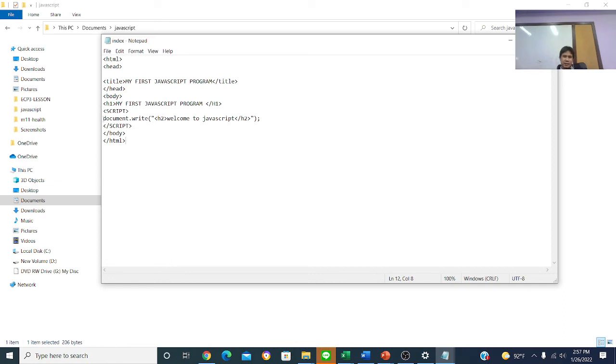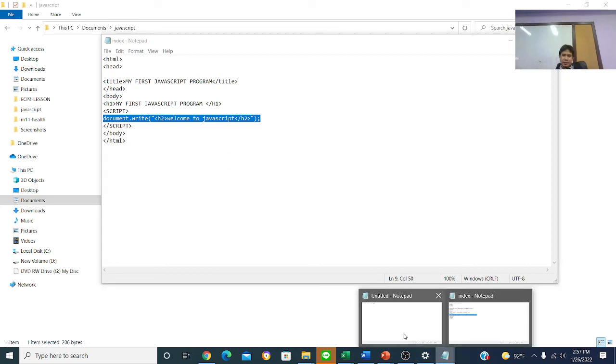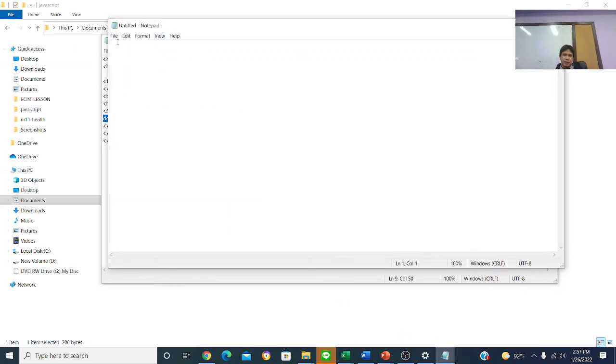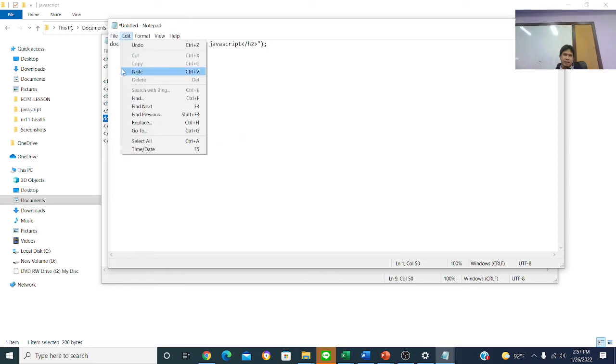So I can do this by copying this one, Control C, or right click, copy, and I will paste it inside this new text document. Paste. Then I will save as,